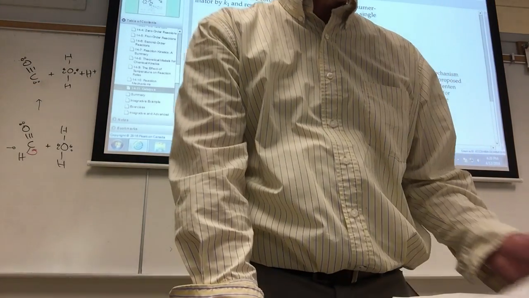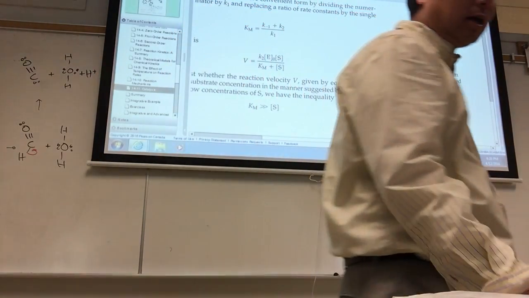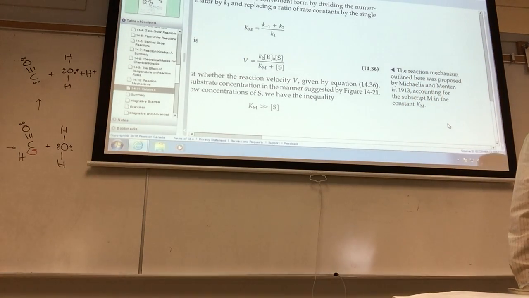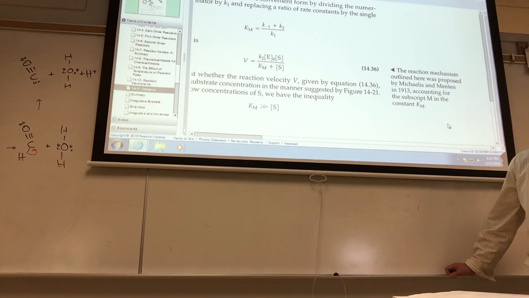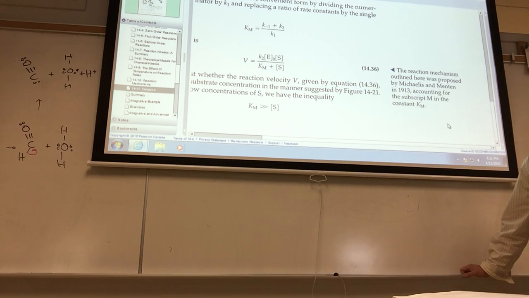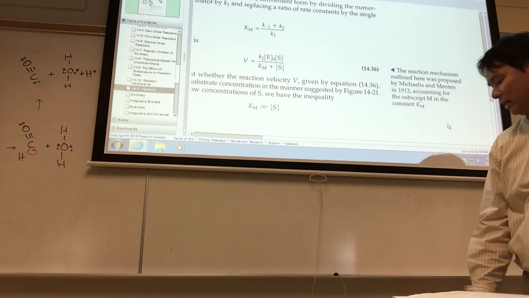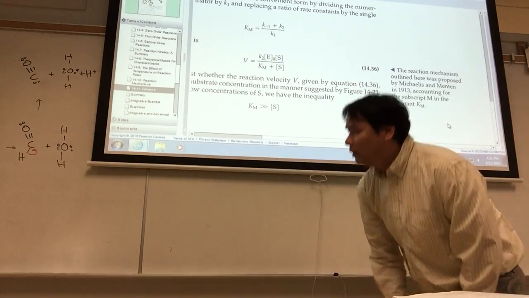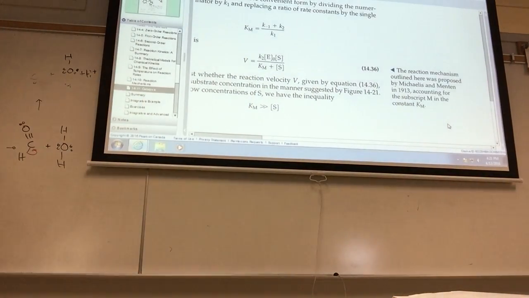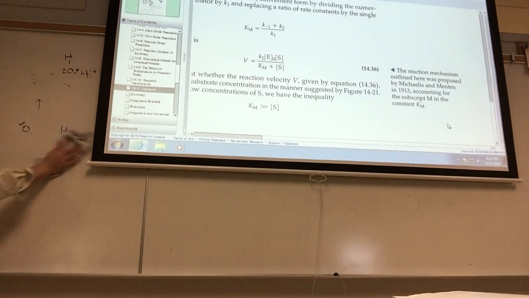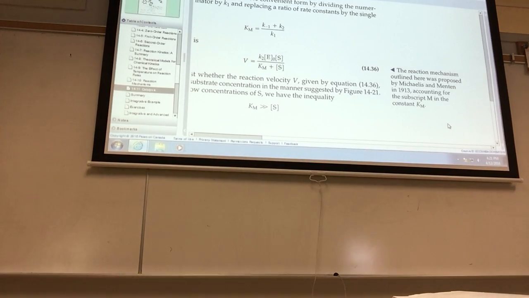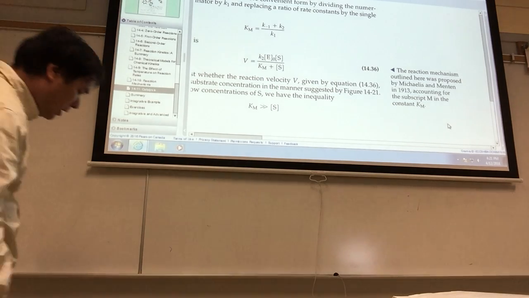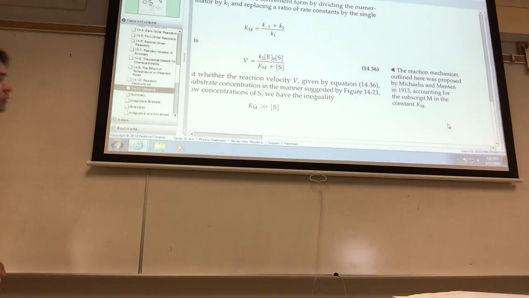All right, that's pretty much chapter 14. In chapter 14, we looked at things like how much, how long, and what happens to the rate. And then we looked at mechanisms, getting some insight into mechanisms based on the rate law that's observed. Kinetics and thermodynamics are related. Thermodynamics just looks at the before and the after, the delta H's, the delta S's, and that kind of stuff. But we're going to go on to chapter 19 next, and let me just